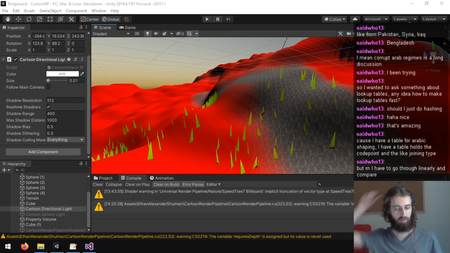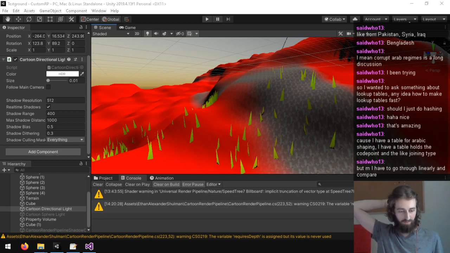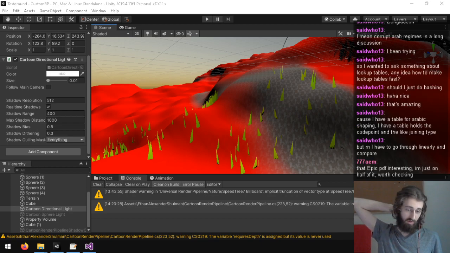I have a table for Arabic shaping. I have a table that holds code point, like joining type. Go through linearly and compare. What are you comparing? Position or